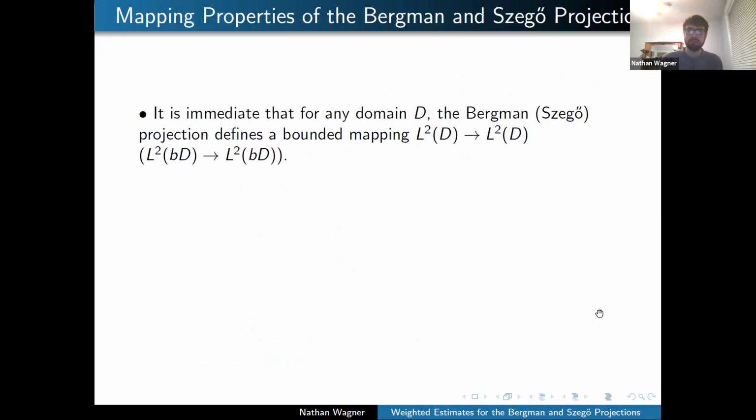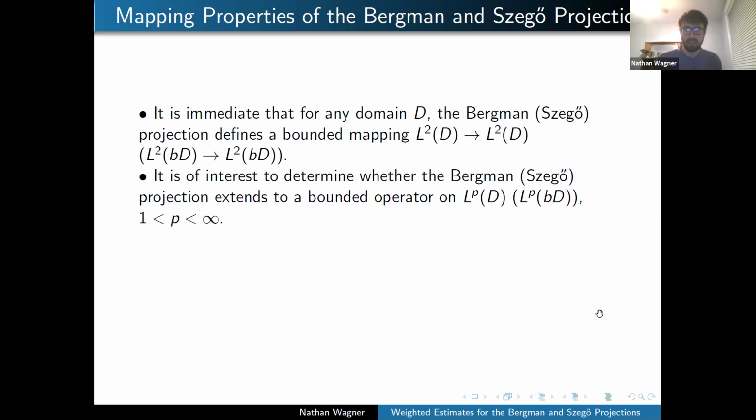And so what I've really been studying is the mapping properties of these operators. By their very definitions, it's clear that they map L2 to L2, right? But it's of interest to determine whether they map LP to LP for P in the reflexive range. As harmonic analysts, we ask this kind of question all the time for singular integral operators, Calderon-Zygmund operators, things of